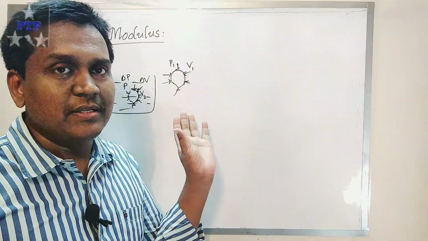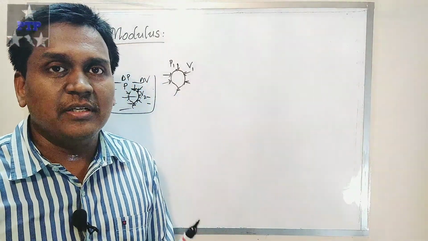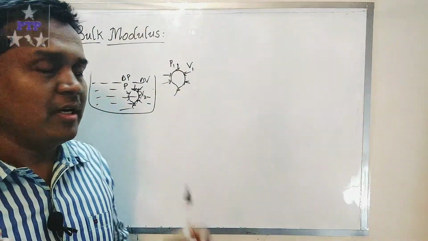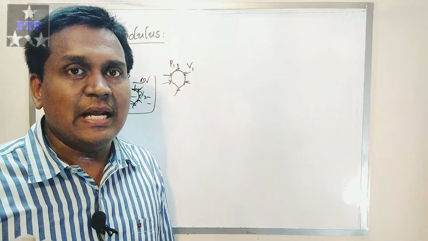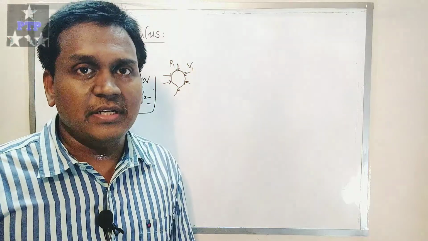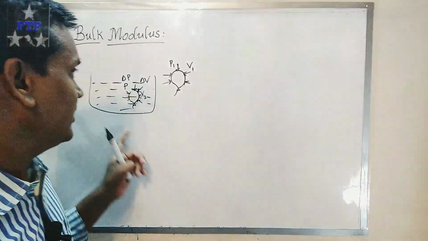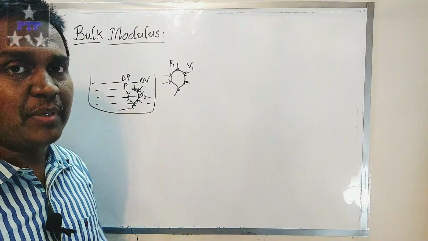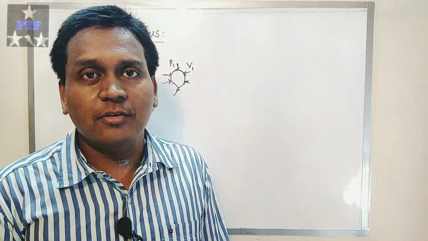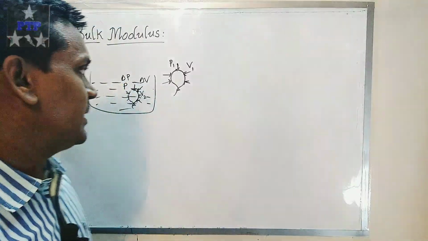See, initially you consider the balloon, upon which 80 pascals of pressure is acting, that is atmospheric pressure. When you dip it into the water, the pressure is 100 pascals. So what is the change of pressure here? 20 pascals. Overall 100 pascals is acting on the balloon in water, but already outside there is 80 pascals of pressure acting on the balloon. So the change in pressure is 20 pascals.